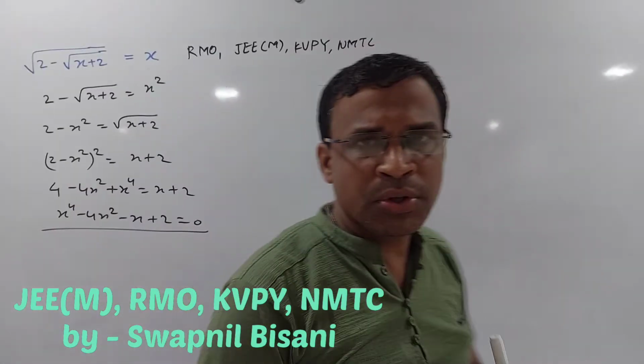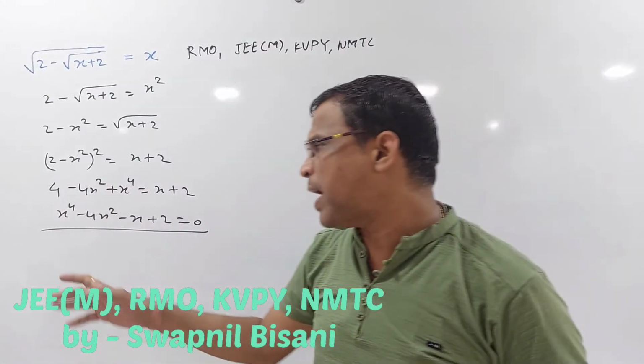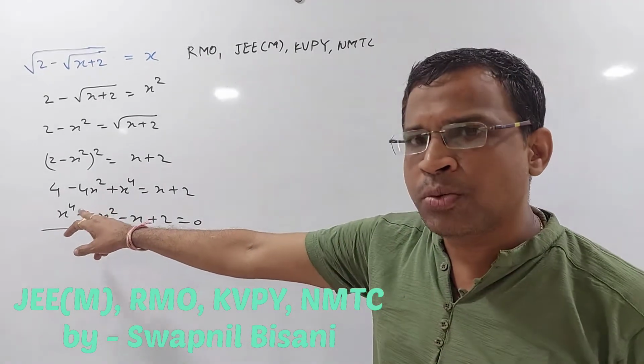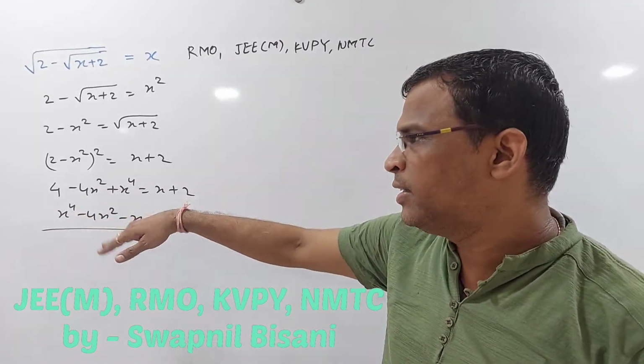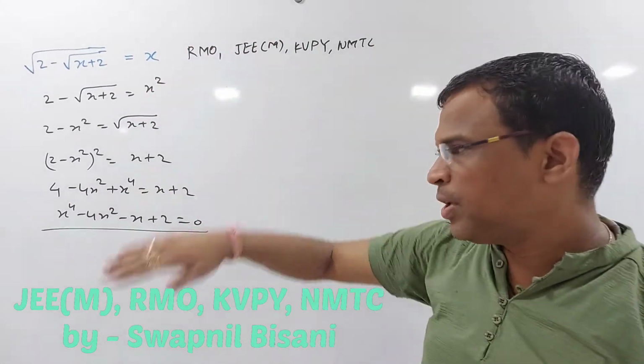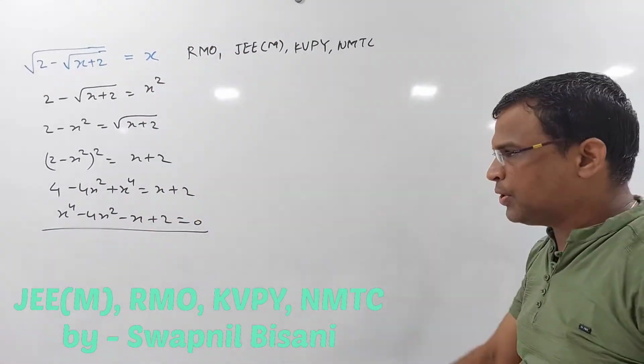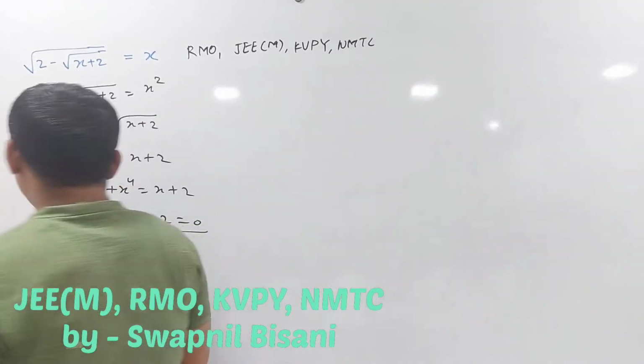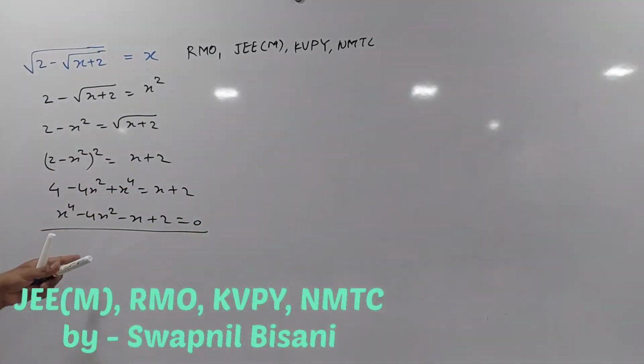And we have done enough questions to crack this quadratic equation or biquadratic. Again, there is no x cube term, so you can take it like x square plus ax plus b, x square minus ax plus c, and we have done enough questions on this. But the idea is not to solve this question in this manner. You can try with this.